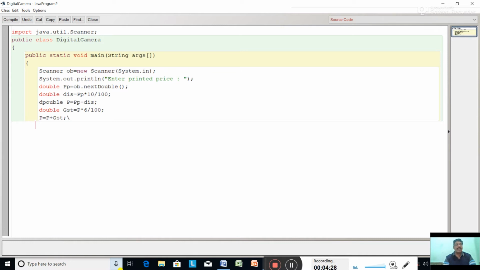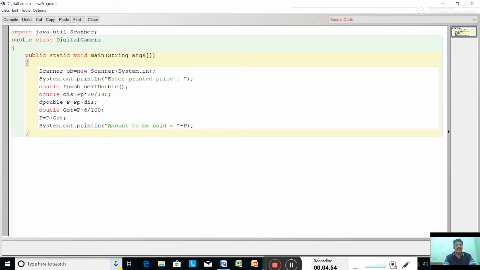Okay. Now this is the amount to be paid to the shopkeeper after calculating the GST. The System.out.println, amount to be paid equal to, give the message amount to be paid equal to plus p.